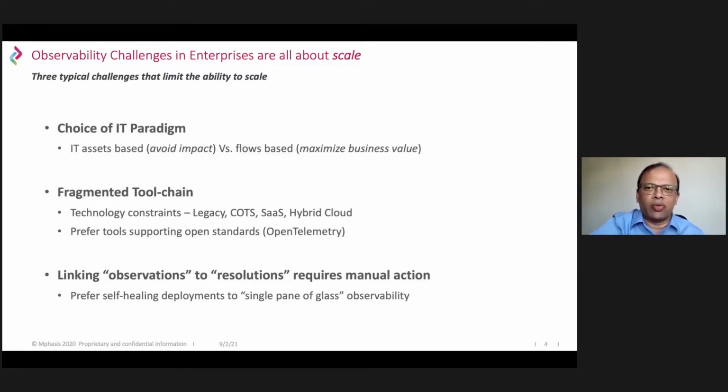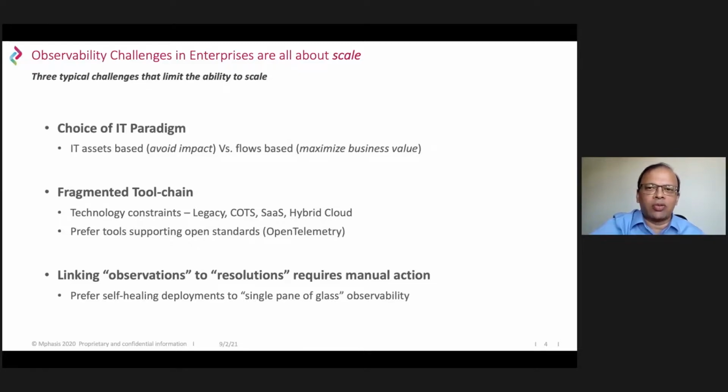And that's where we believe that tools that support standardization are critically important, particularly going forward. 10 years ago or 5 years ago, there were not enough open standards to support observability. Today there are. OpenTelemetry is definitely a standard that supports observability across technical stacks. So any solutions that we build, if they're built around these standards, are very valuable for the long run.